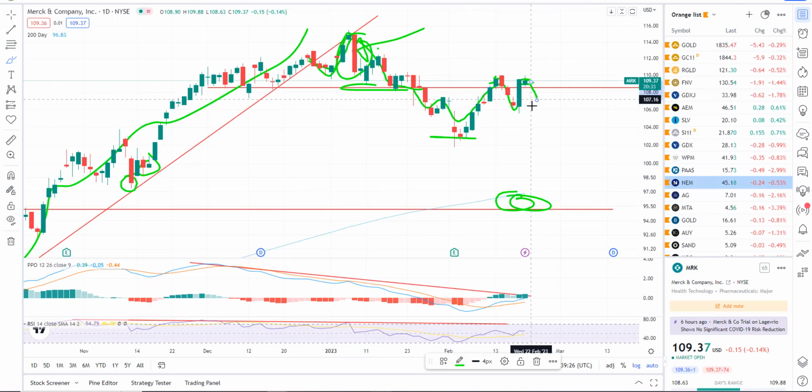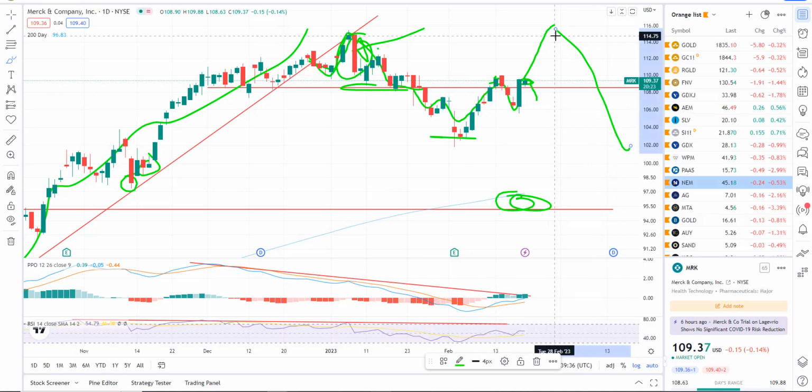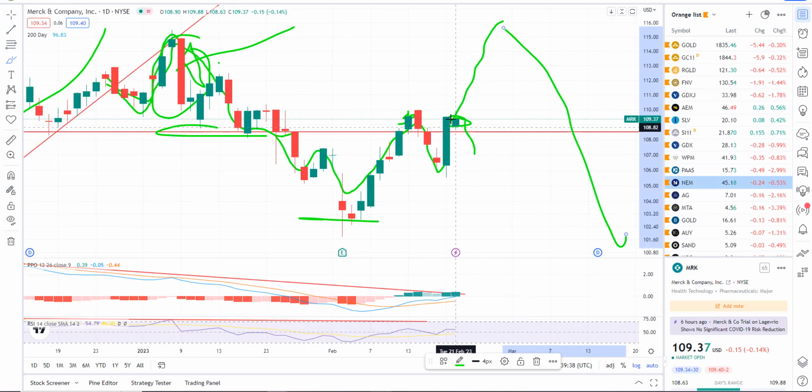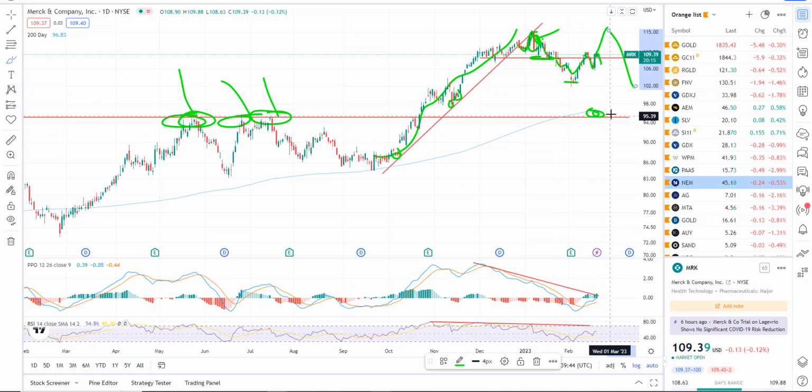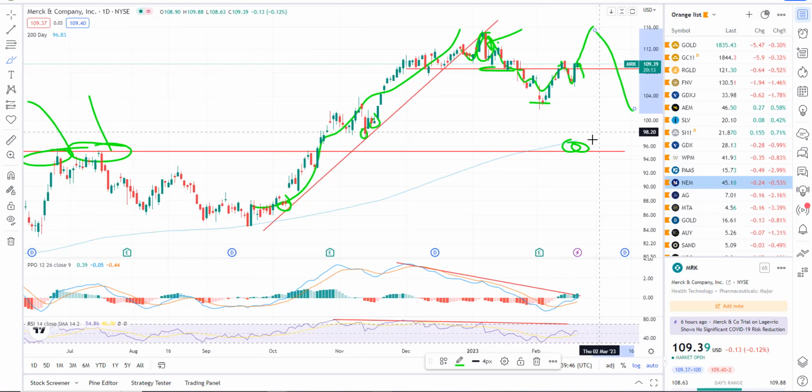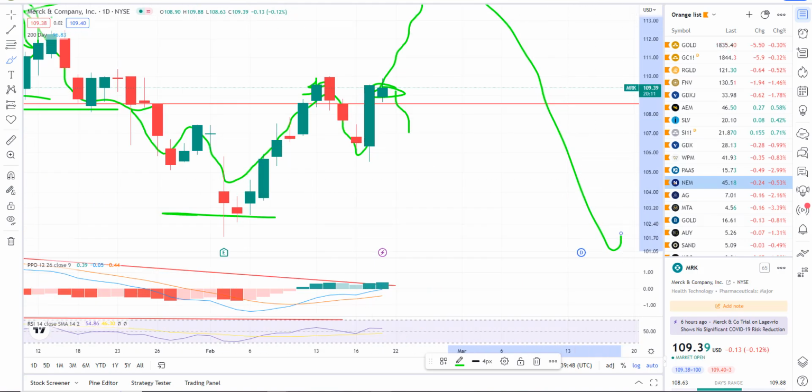Look for more downside. If they want to run it up and make a new high, and they do it sometime soon, it will be a divergent high. So that would likely be the area where it would sell down from. I'm not so sure. I think we probably break here. But yeah, and then next, there's not really any good support on this until you hit about 95 and the 200-day simple moving average. So I'm looking for more downside.